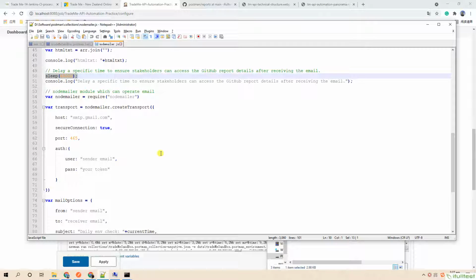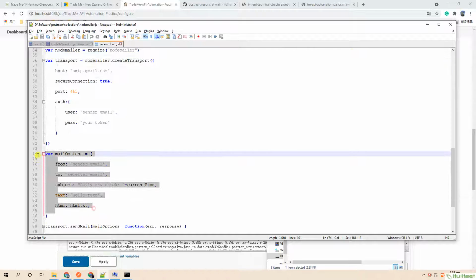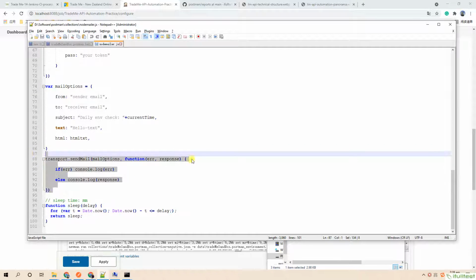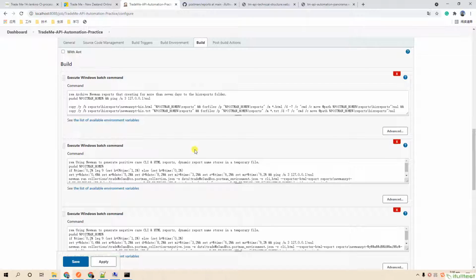Finally, send the email and wait for stakeholders to receive it. Then we could save this job.